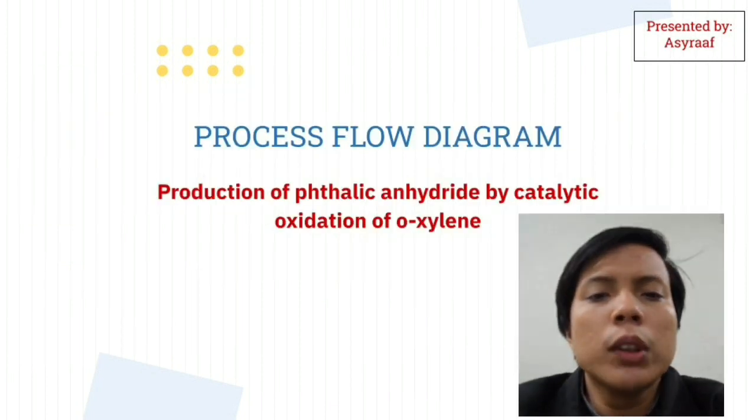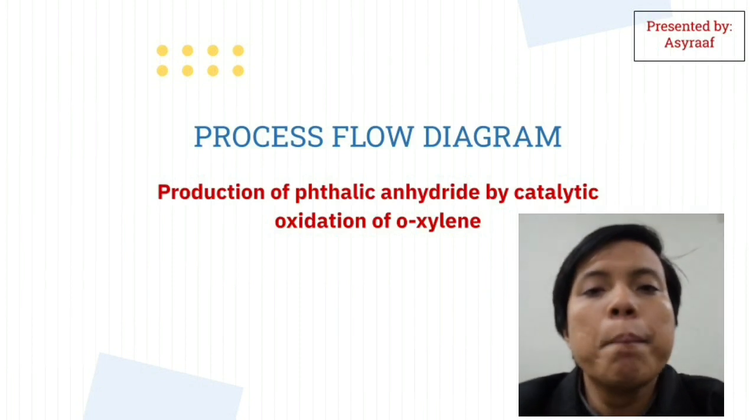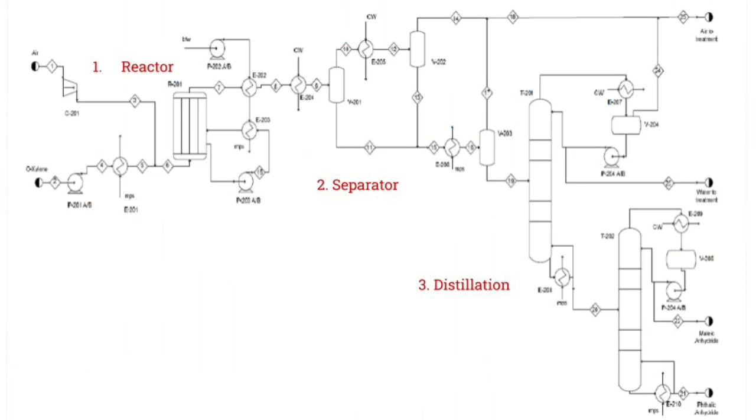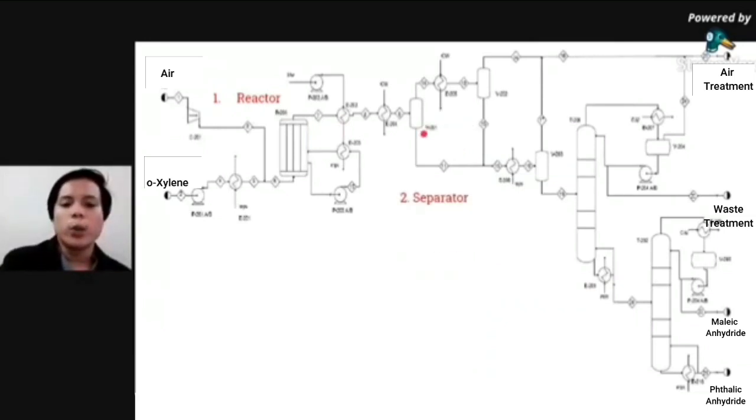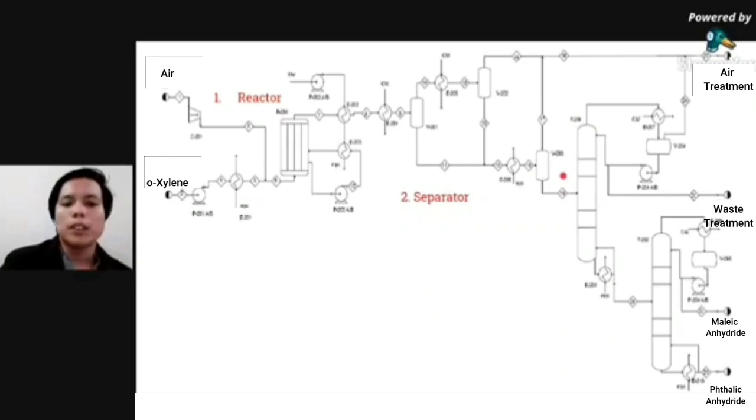I will present the process flow diagram of the production of phthalic anhydride by catalytic oxidation. Back to our production plant, we have two raw materials, which are air and ortho-xylene. Both of these raw materials undergo catalytic oxidation in the reactor. From the reactor, the product goes to the separator to separate the gas and liquid phases. Most of the desired component remains in the liquid phase, and the gas phase of the separator goes to gas treatment. And then the bottom product of the separator liquid goes to a distillation unit for further